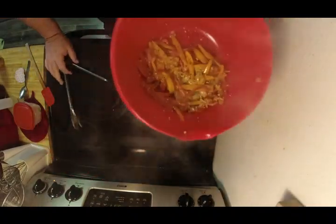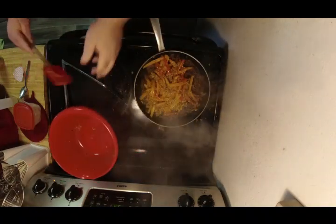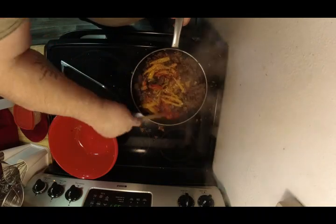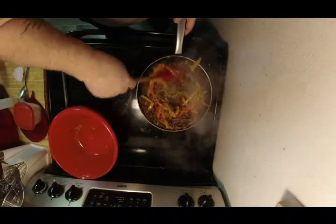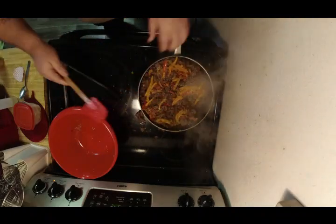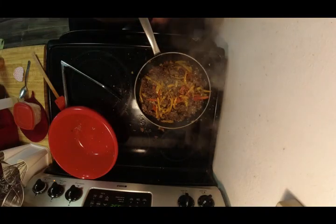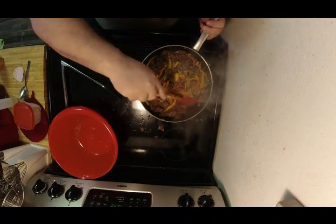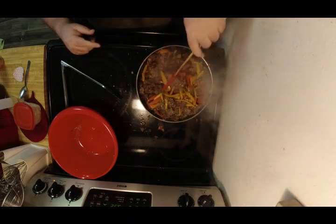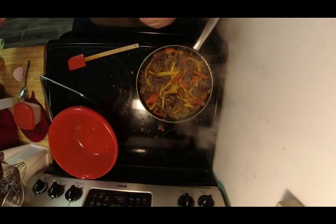Okay, so what I'm gonna do is I'm gonna put my peppers and onions and everything back in here. I'll get this all stirred up. All right. Now, since I'm going to put this over rice,